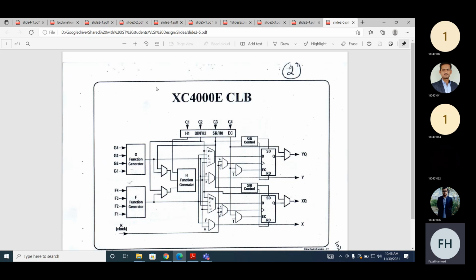Okay, so now always at negative edge of clock, begin and end.